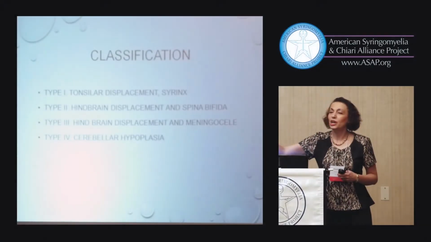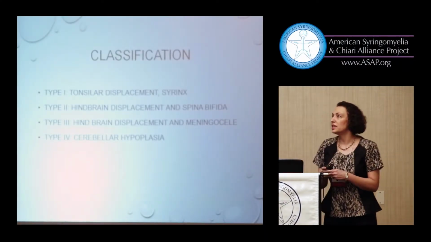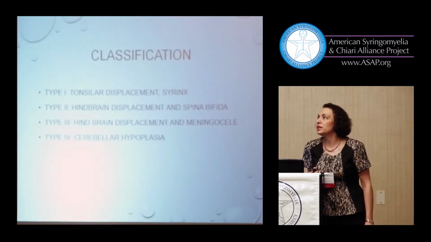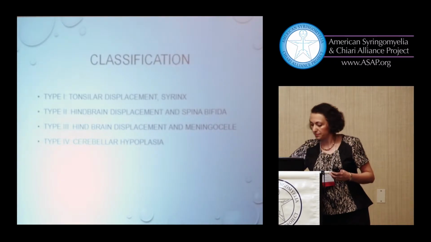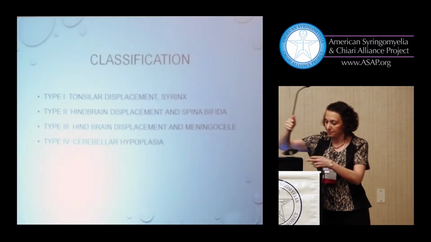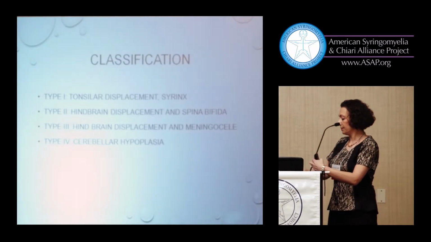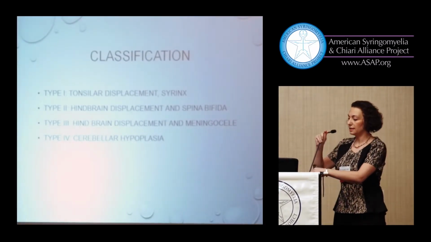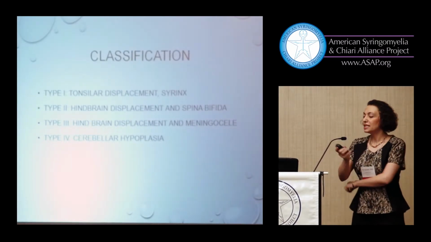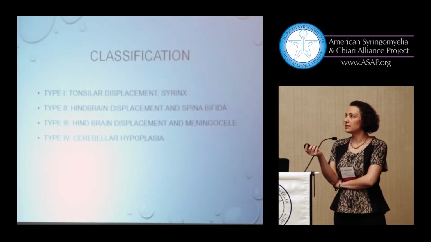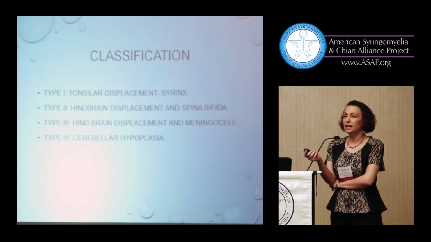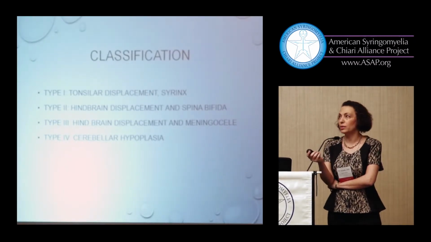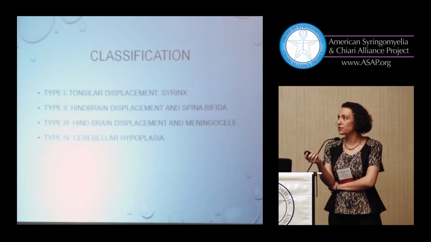Right, so I'm sure everyone here is familiar with the classification in Chiari malformation, and I'm not really going to repeat that. I'm just going to emphasize that there are different levels of severity. In type 1, essentially, what we have is a deformity of the bone and brainstem structures.